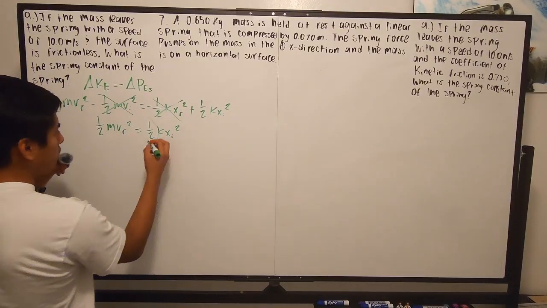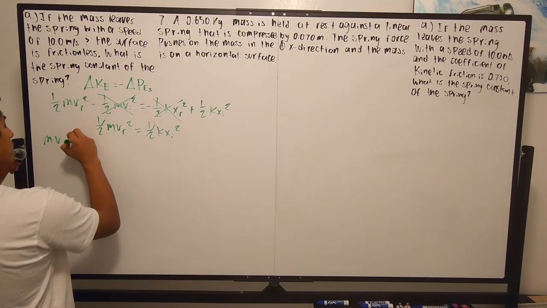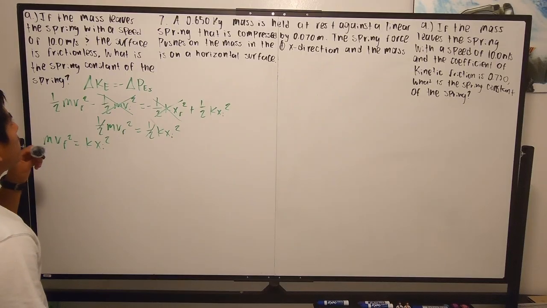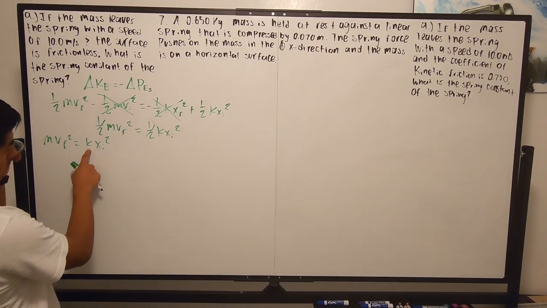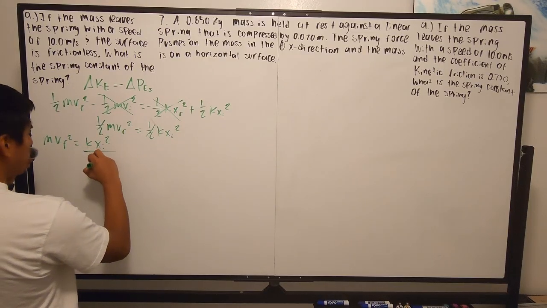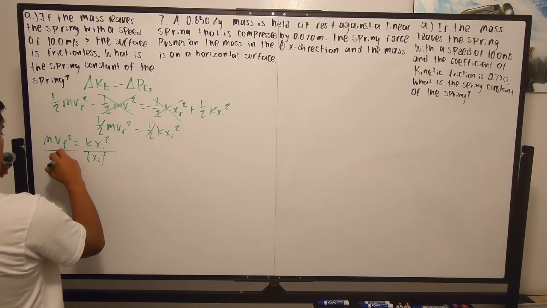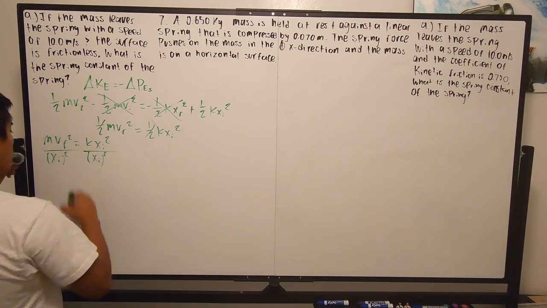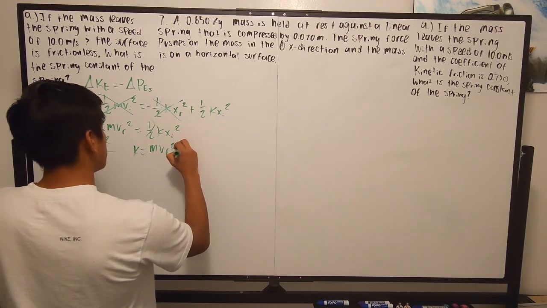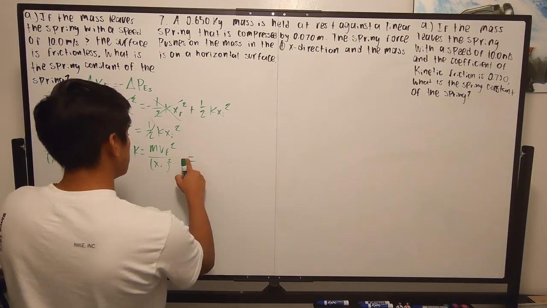And I have a 1/2 on each side. I could go ahead and cancel these out. Now I have mv final squared equals kx initial squared. And we are being asked, what is the spring constant? Spring constant is right there. So let's just go ahead and isolate it by dividing by xi squared. Divide this side by xi squared as well. Now we get that k is equal to mv final squared all over xi squared, which is then equal to,